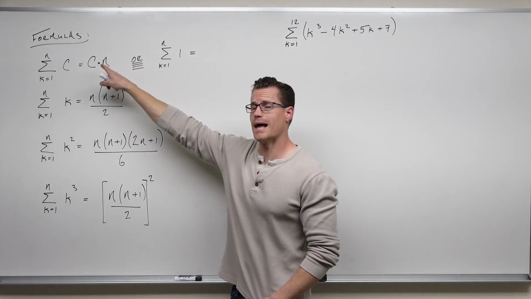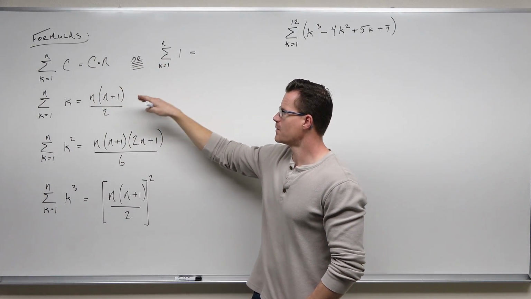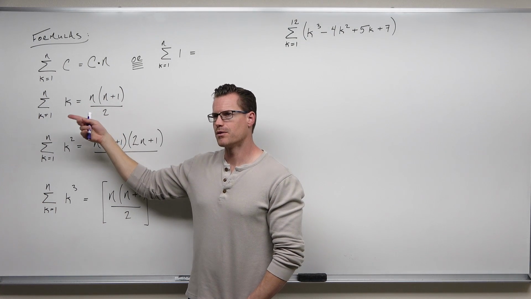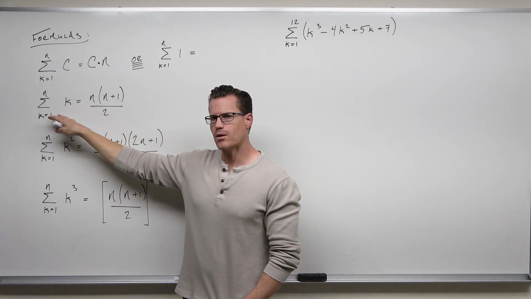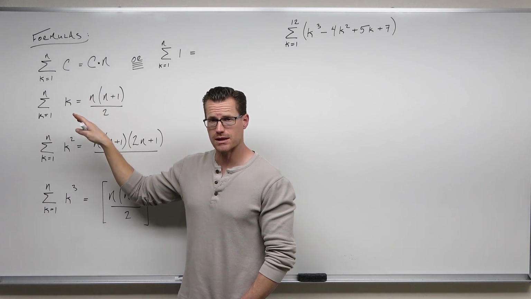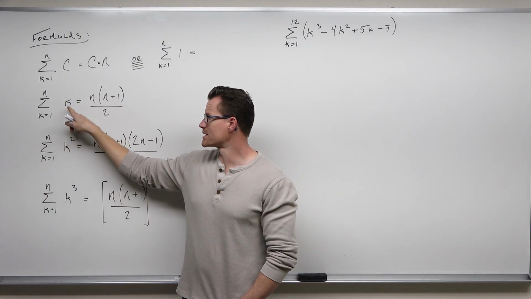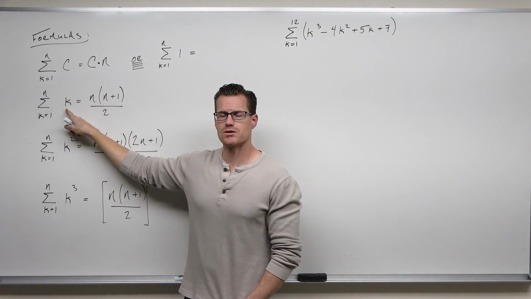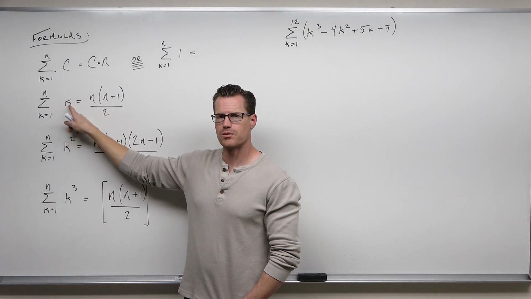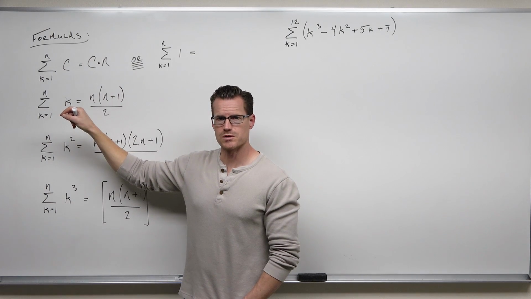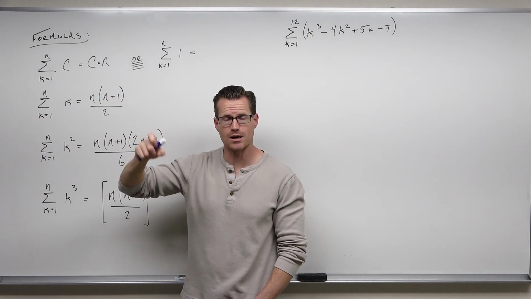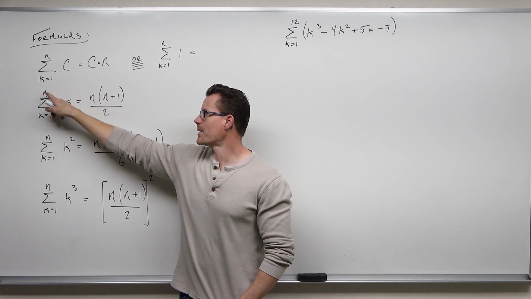I'm going to do this one last, actually, even though it's the most basic one. I'm going to do this one. So how you can add up the terms of a series without actually doing the addition is with a formula like this. Now, I want you to understand how this works. This says, let's suppose that your sequence is based on just k. What does it mean? That means that you plug in 1, 2, 3, 4, 5, and that would be the terms of your sequence. 1 plus 2 plus 3 plus 4 plus 5, if you add it up, would create a series. You'd stop at n.